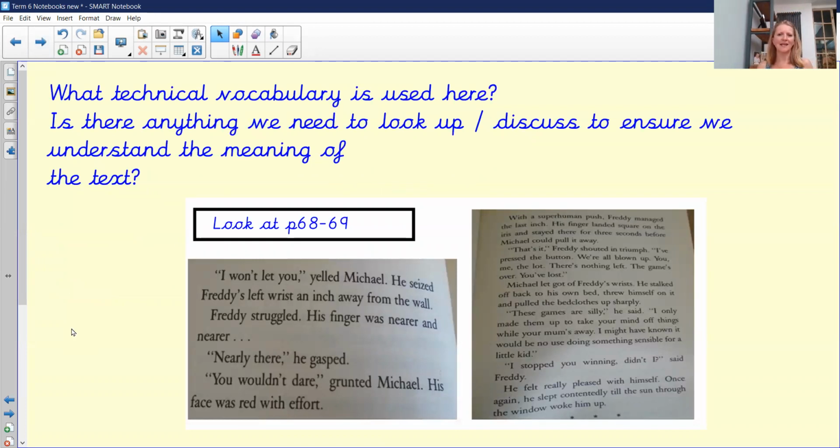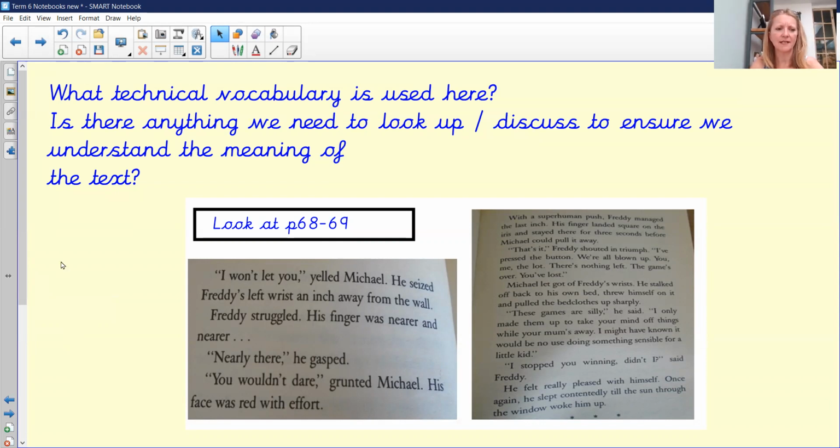At the end of the game, sometimes if they wanted to end the game, they would be allowed to press something on their wall. It was like a flower in the wallpaper, and that meant that a bomb would explode. And if that was pressed, then that would be the end of the game. But because Freddie was smaller and younger than Michael, he never managed to press the button to end the game. And Michael just kept winning and winning and winning.